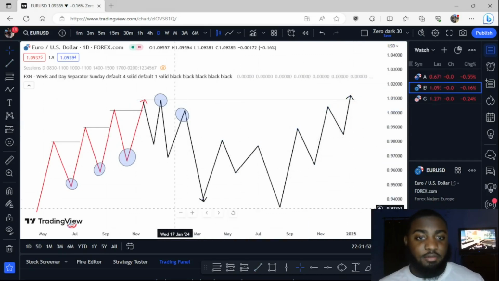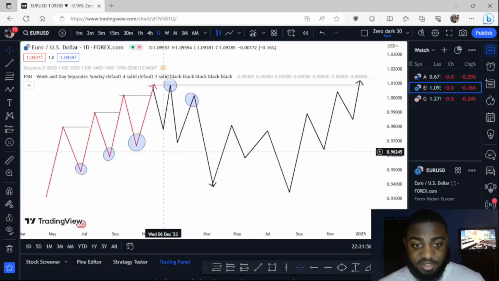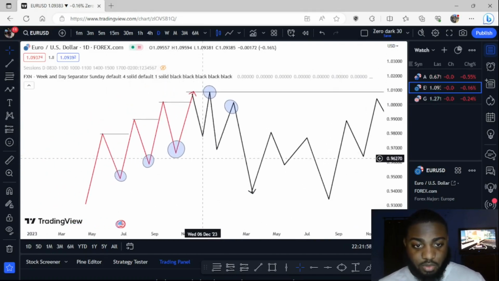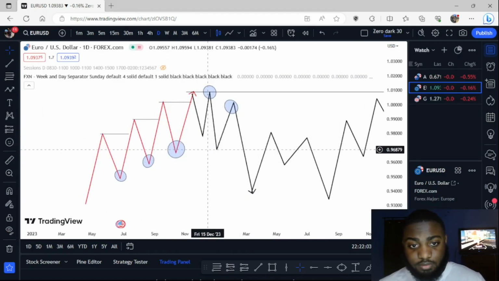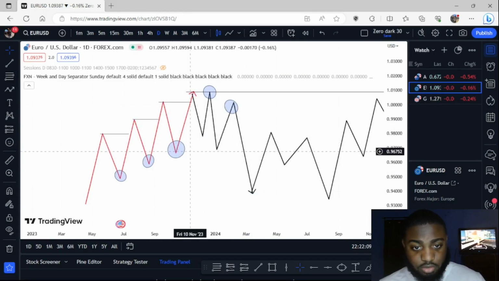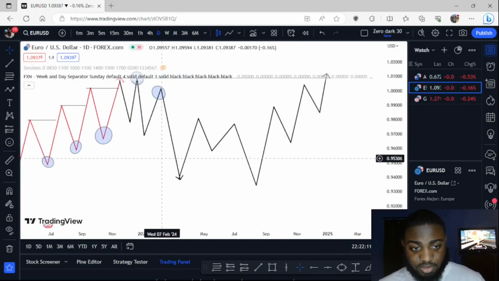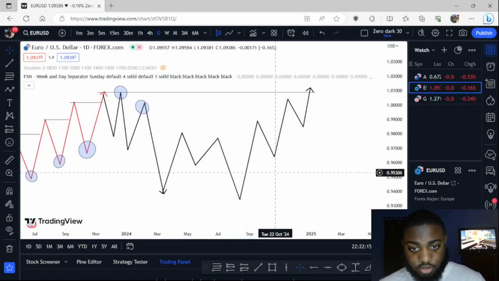What did we just take out? Relative equal highs. See what I'm saying? And what are these? Relatively equal lows. Break structure. We took out these relatively equal lows. Took out this low, last liquidation, break structure.